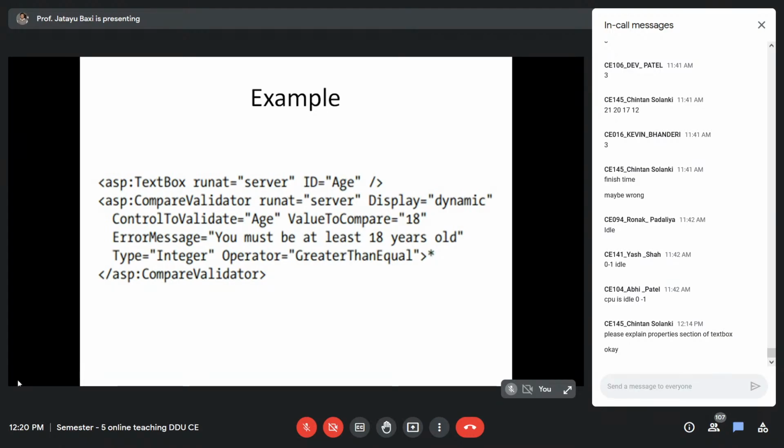So the type is integer and the operator is greater than or equal. Here, instead of greater than equal, you can write less than equal, only equal, etc. All these options are also available through the GUI. We will see that in the example.